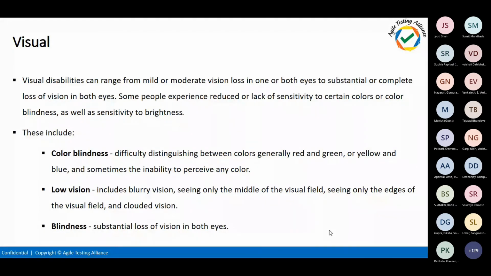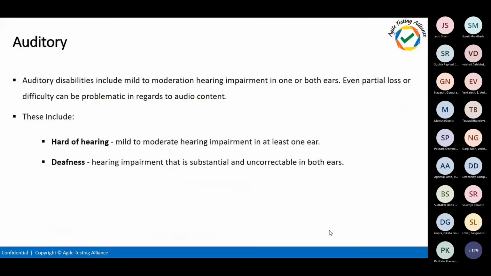Whenever there is a blurred image and other things, they also have blurred vision. So you need to keep some accessible tools where you can increase and decrease the font size, so that will help them to see it. And when it comes to blind people, definitely they can't see it at all. So our website has to be completely accessible for them, for the screen readers to speak it out.